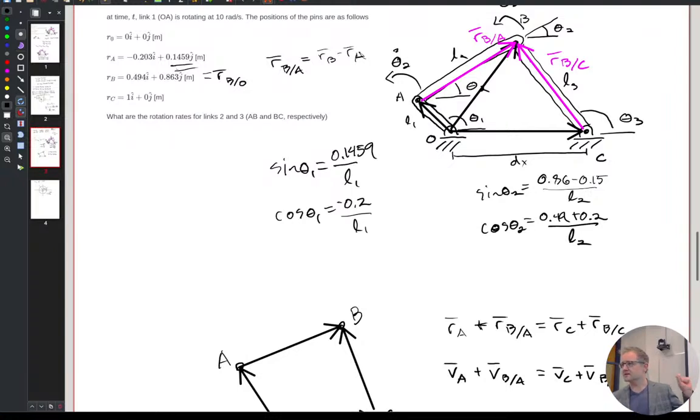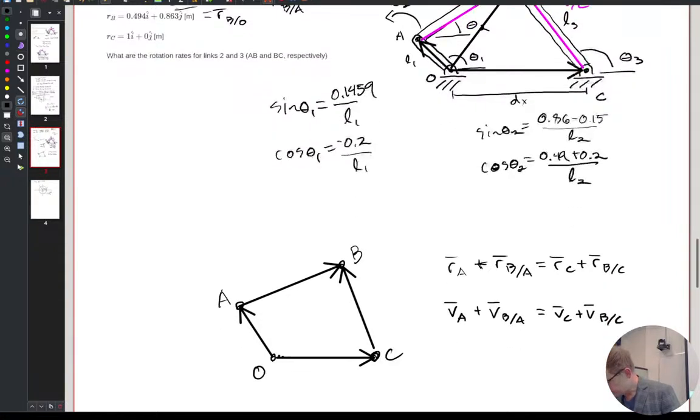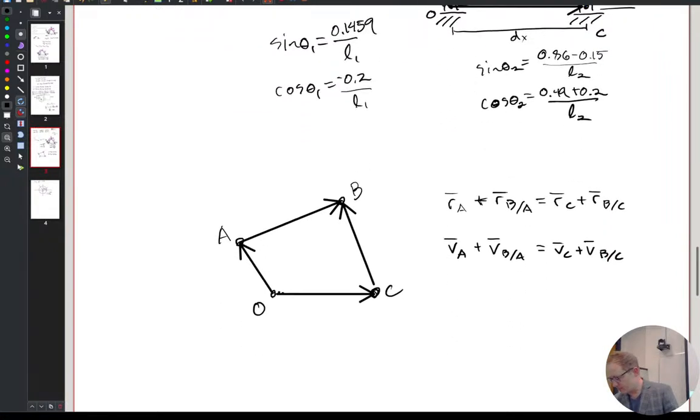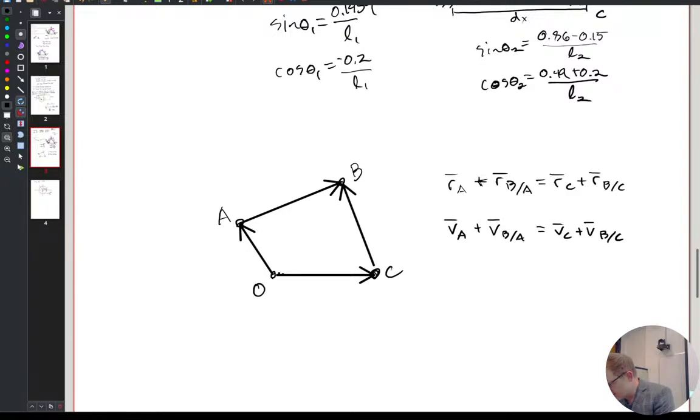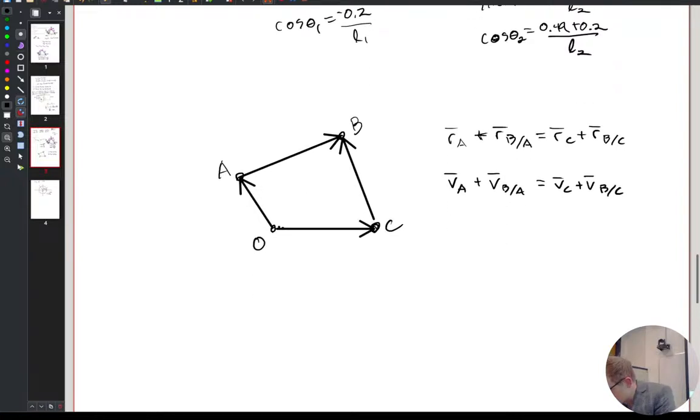How do I set RA plus RBA equal to RC plus RBC? So then the last step was, once we knew all that trig of sines and cosines, we're taking positions, solve, plug in,